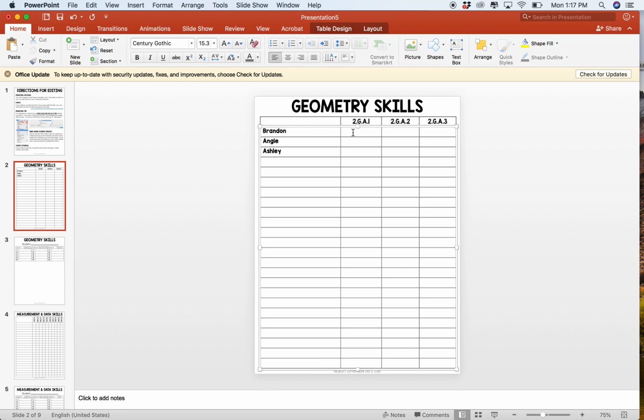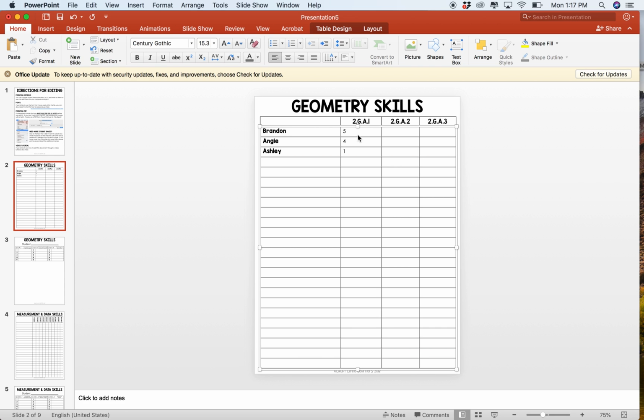When you go to enter the score, again, if you were to go next to their name and hit tab, it'll bring you to the next section of the table, and that is where you can put in the score for that exit ticket. All exit tickets have the standard in the top right corner, and this aligns perfectly for this tracker. Hypothetically speaking, we will just put in some scores